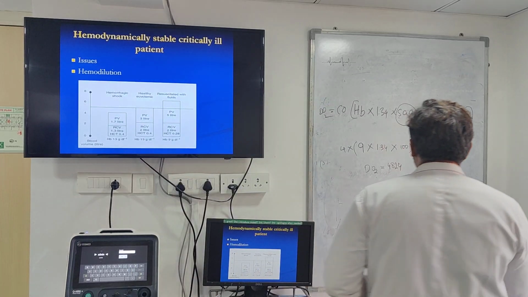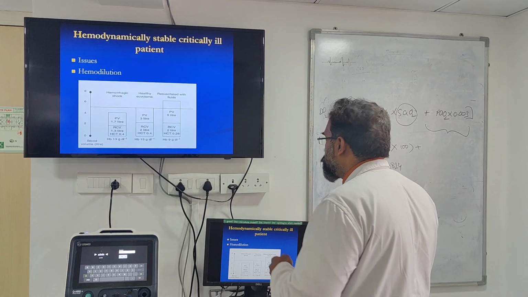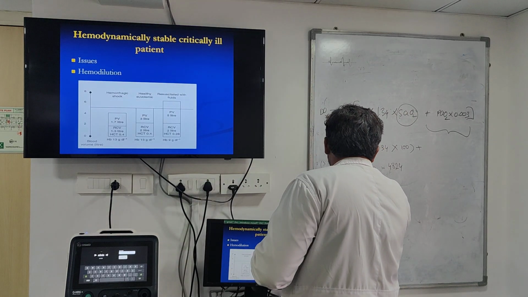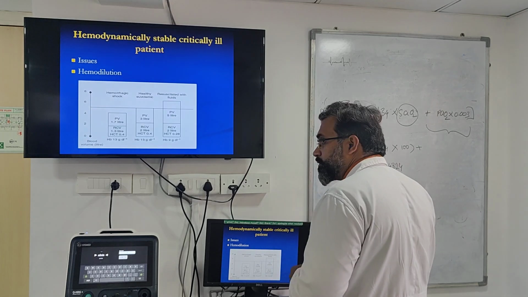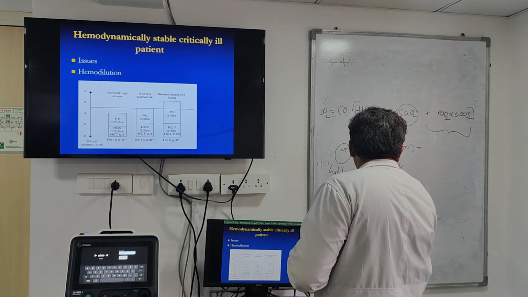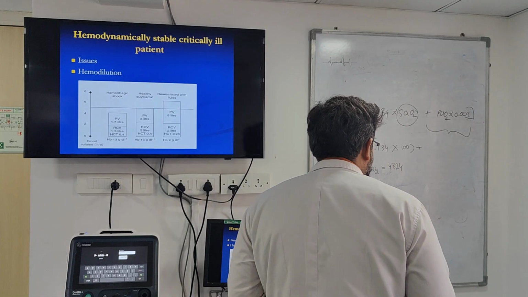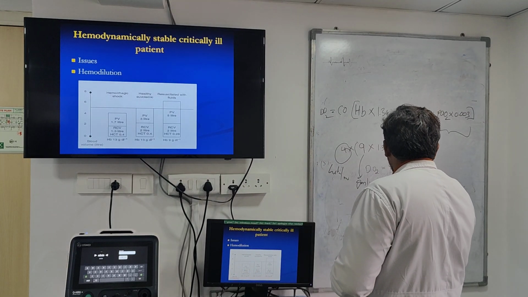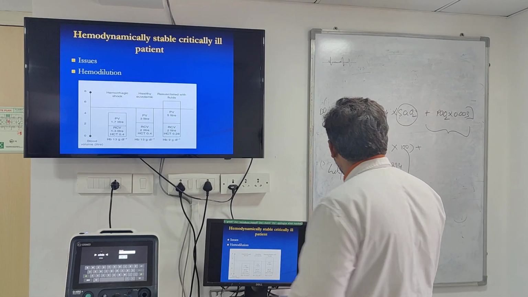Okay. So this equation is basically going to get the units right in the first place. So what is this unit here? Liters. Very good. Liters per minute. Right? What is the unit over here? So it has to be grams per liter, not grams per deciliter. This one is saturation, which is a percentage. So it can't be 100. It has to be point. So what does this come into?